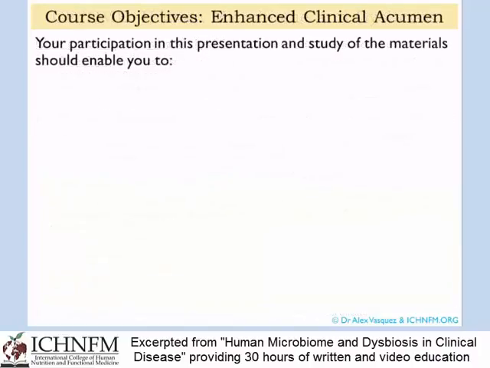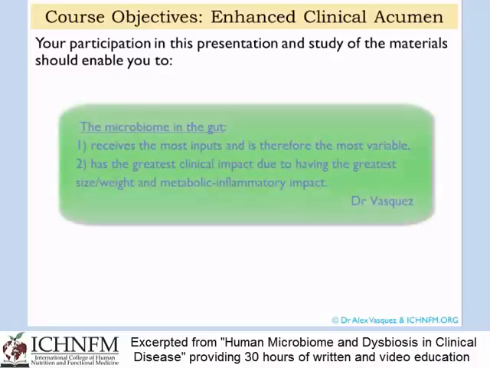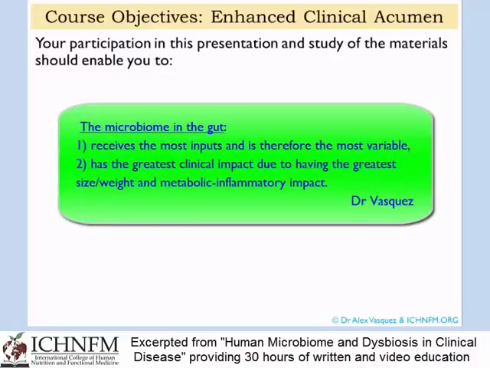Gastrointestinal dysbiosis, I think, is arguably the most common type of dysbiosis. And that's because we have so many different influences on the microbiome of the gastrointestinal tract, such as exercise, nutritional supplementation, diet, of course, stress, and because we appreciate the clinical manifestations of gastrointestinal dysbiosis because the gut microbiome has the potential to have the greatest impact on human physiology and pathophysiology by sheer volume of the microbial population and